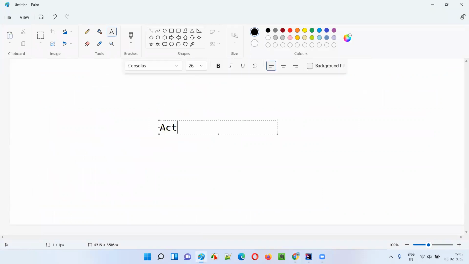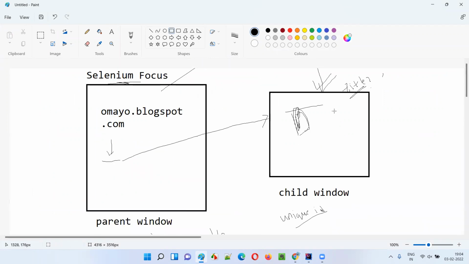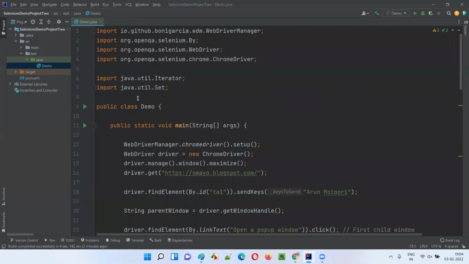The active window will be closed. Active window means wherever the Selenium focused window is, at that point when I use driver.close, that window only will close. Remaining windows will not be closed. Okay, I'll show you practically now. So here, guys, what I will do is